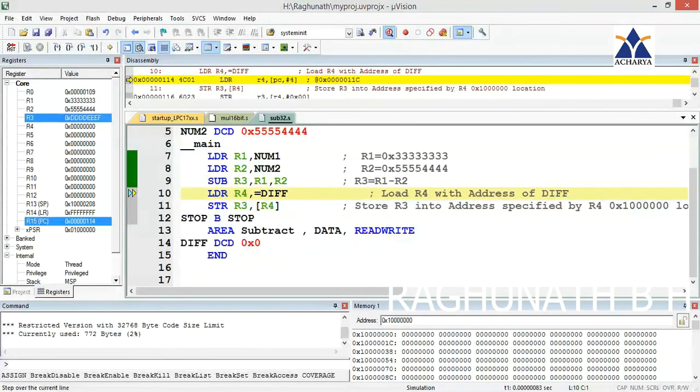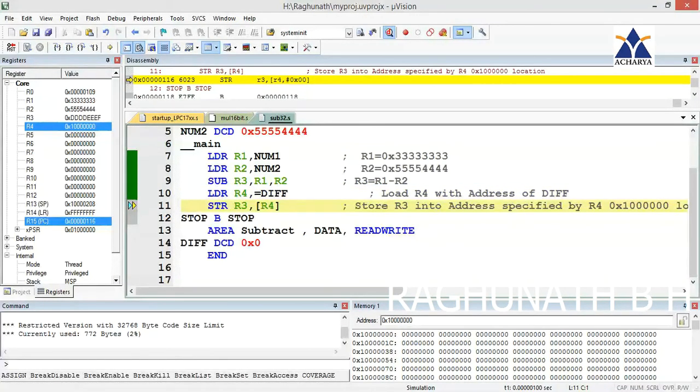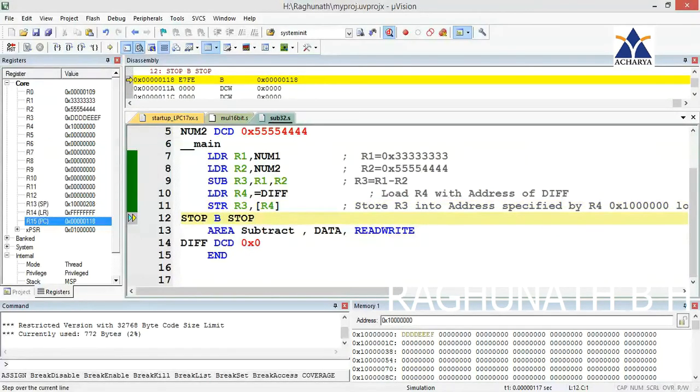So see the answer in R3, now it is coming some D D D D E E E F because the answer is in 2's complement because we are going to get negative answer. So this is the verification answer in our register R3. If you want to verify the answer in memory location, get the address, that is 0x10000. Then it's coming here D D D D E E E F.